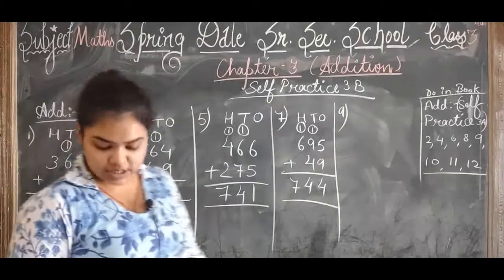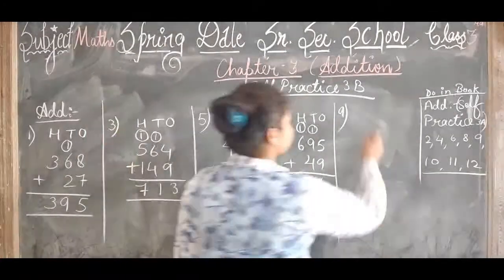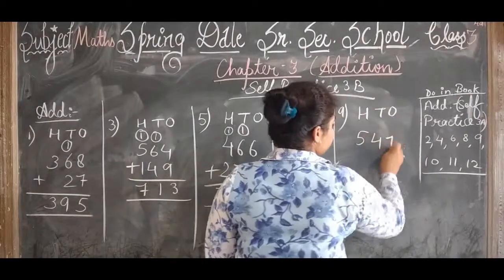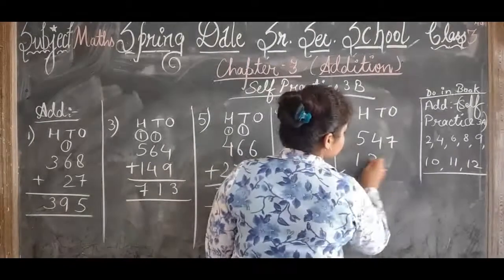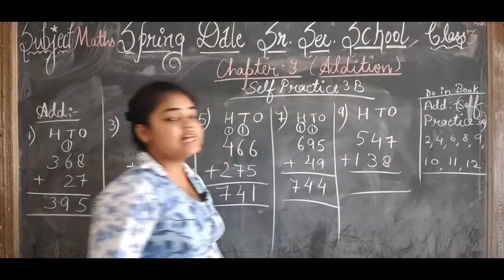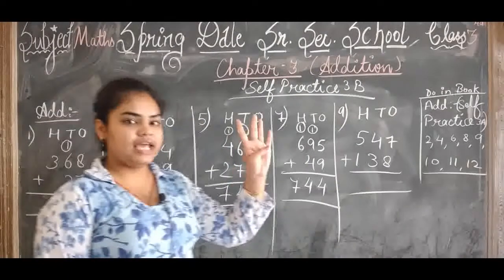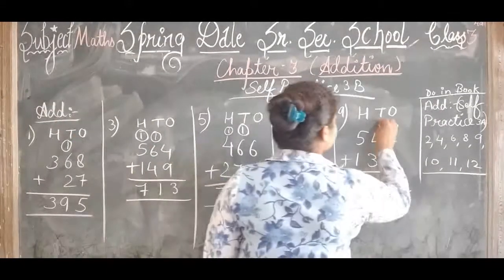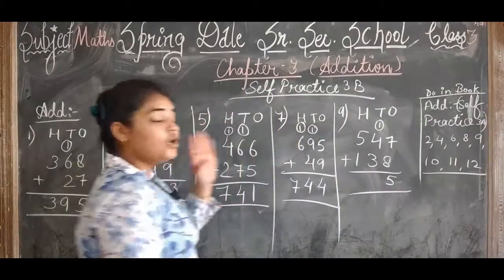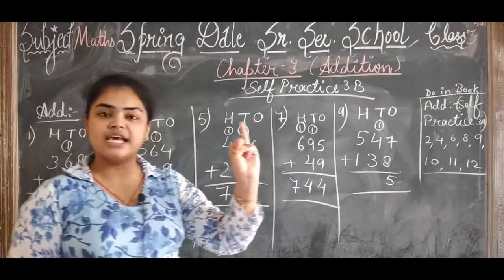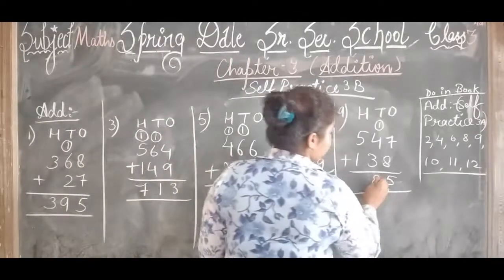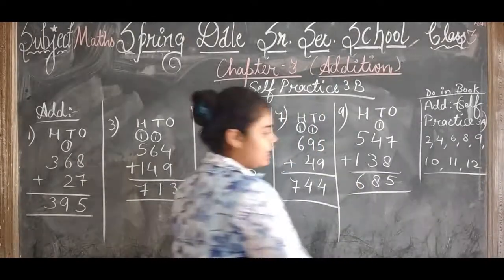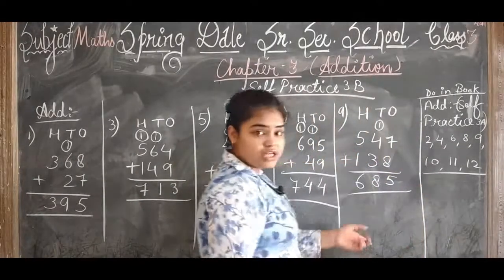Next we have the last question, that is 9th. Rest all are your homework. 9th part we have 100 tens ones, 547 plus 138. 7 in your mind, 8 in your fingers. After 7, 8, 9, 10, 11, 12, 13, 14 and 15. 1 carry, 5 at 1's place. 4 in your mind, 3 in your fingers. After 4, 5, 6, 7 plus 1, 8. 5 in your mind, 1 in your finger. After 5, 6. The number we get is 685.